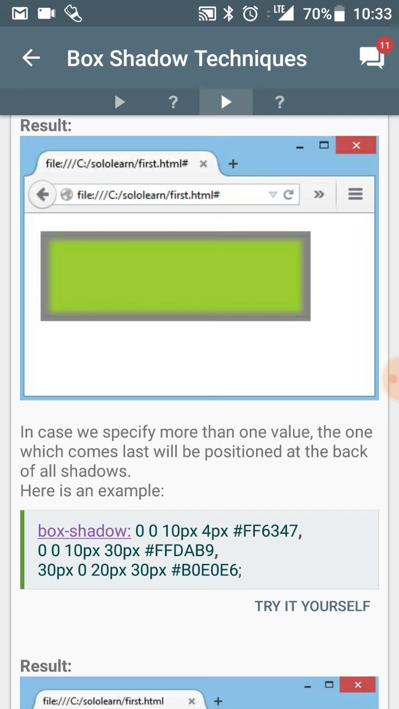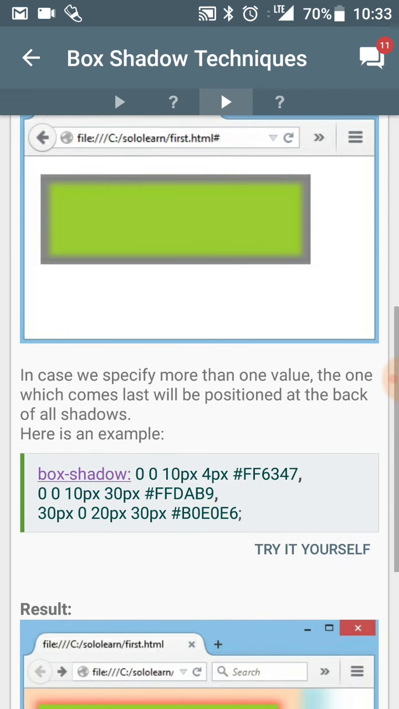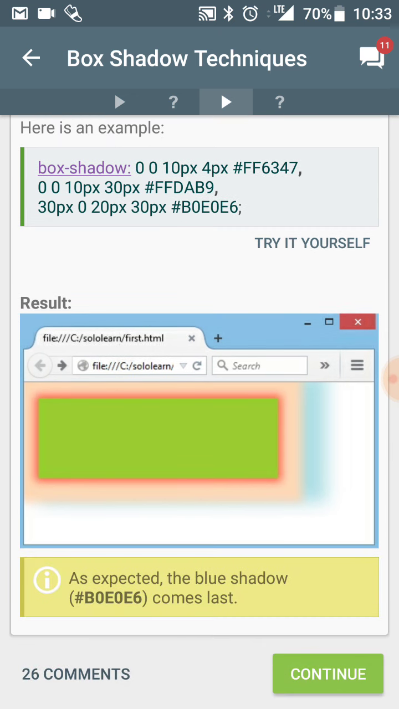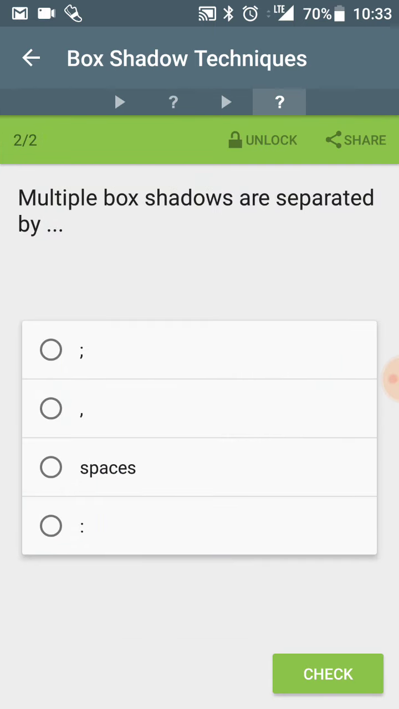In case we specify more than one value, the one which comes last will be positioned at the back of all shadows. Here's an example. As expected, the blue shadow comes last. Multiple box shadows are separated by